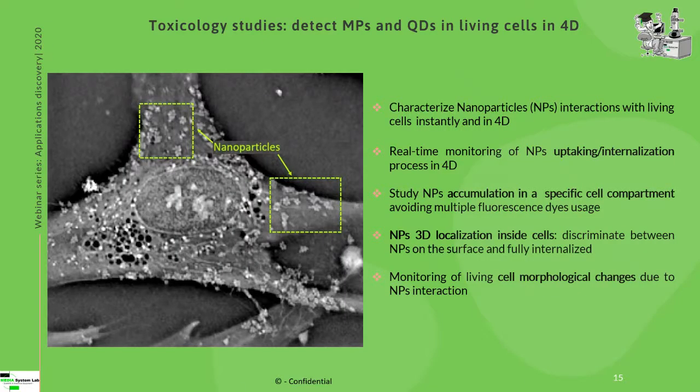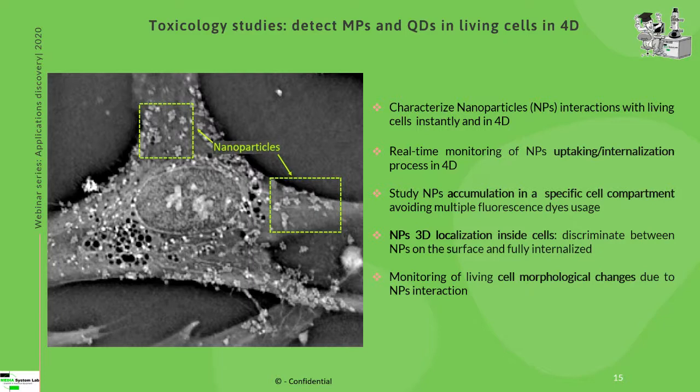So what we can obtain in toxicology studies is really a lot of information. As you can see here, nanoparticles interacting with the surface, also with the vacuoles of the cell, mitochondria, and here, if you recognize, the nucleus and the nuclear inside. So what we can do is characterize the interaction between living cells and nanoparticles in 4 dimensions, so in 3